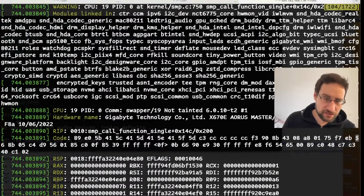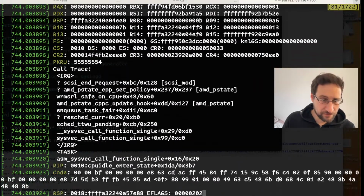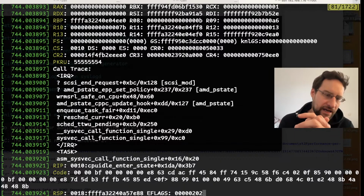This might be multiple. The first oops here was in kernel SMP call function single. No idea what's exactly going on there with write MSR on CPU, AMD P-state CPPC update hook. And the biggest thing is I quite don't understand some things, of which two are: